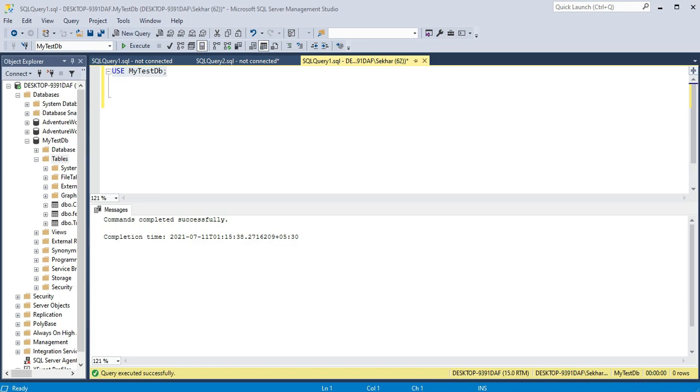And FETCH will have the number of rows that you want to see after OFFSET. Suppose you don't want to see the first 10 rows and you want to see the next 20 rows. So what you have to do is OFFSET 10 rows and see only the next 20 rows. Okay,